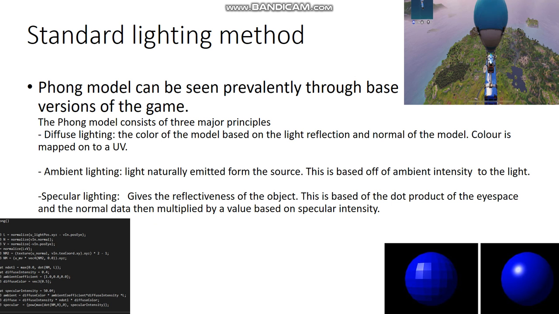So we have our standard lighting method. Now here we're just talking about the Phong shading, how it has reflectiveness, how it has color, how it has textures. The textures are done by, of course, UV data that's applied onto the texture. The texture then is applied onto the UV, or did I just say that? Whatever. From there,